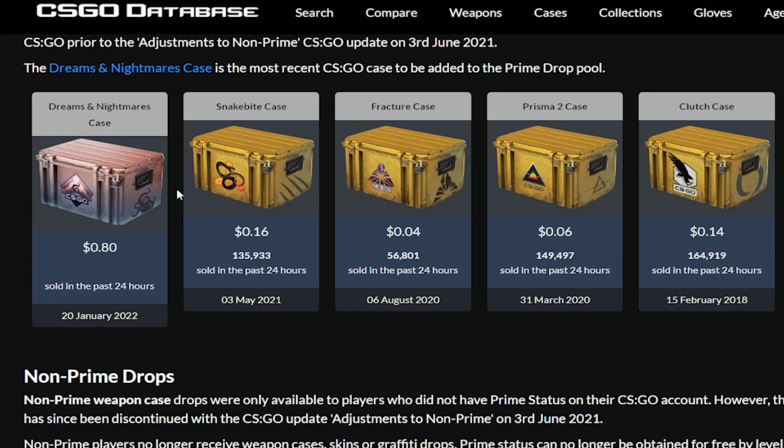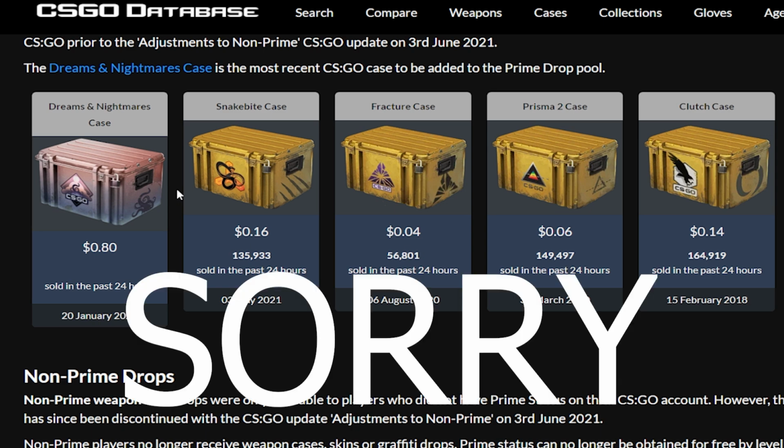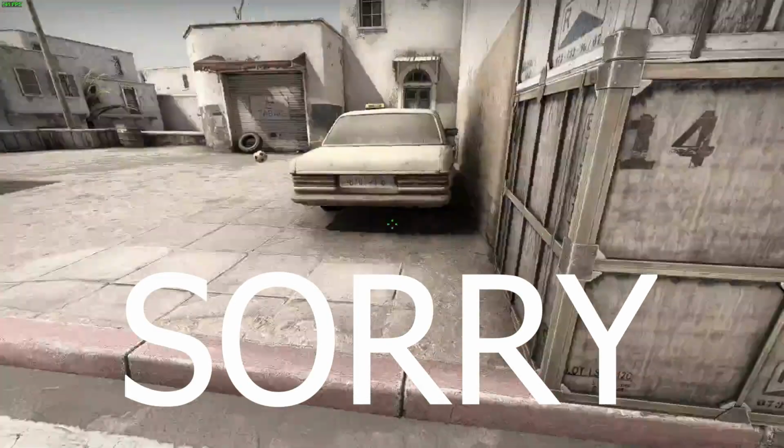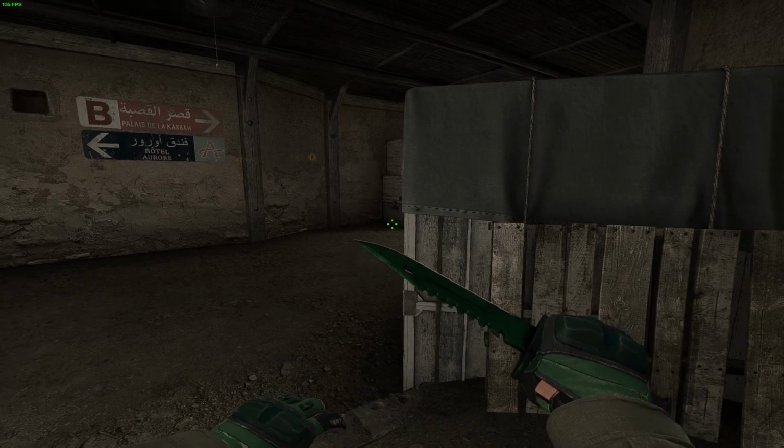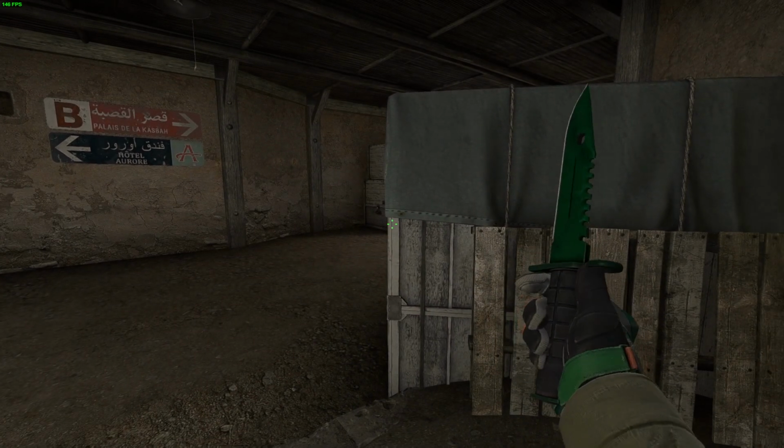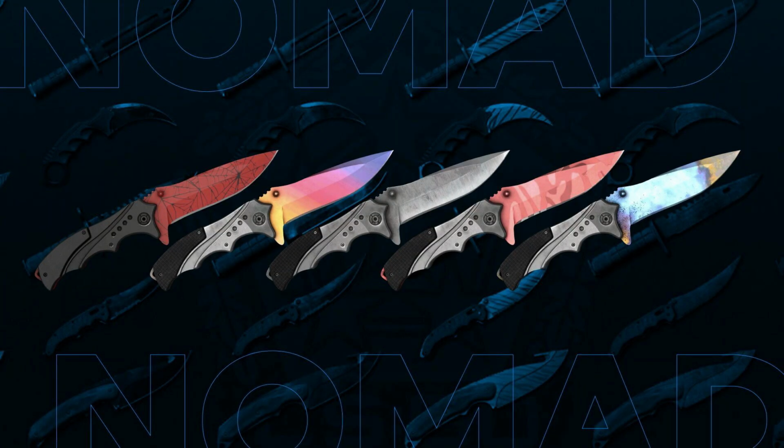You have the Snakebite case, which came after Broken Fang and pretty much ruined every single investment for that because it had the same gloves as the Broken Fang case, which really sucked. But recently, it has taken off from being a 4 to 7 cent case to now over 16, possibly pushing 20 cents. The Fracture case is becoming pretty expensive and hyped up because it has the Nomad knives in it